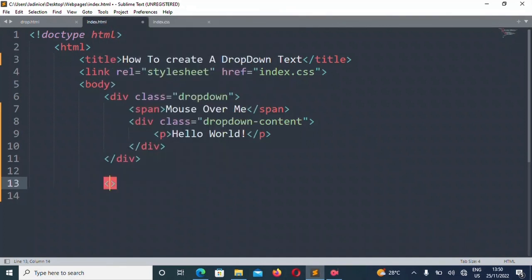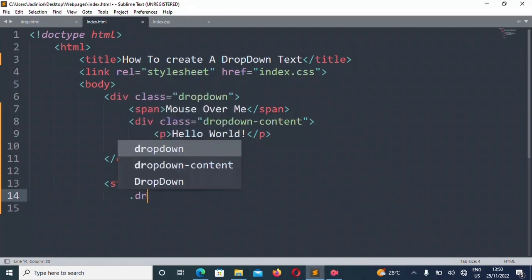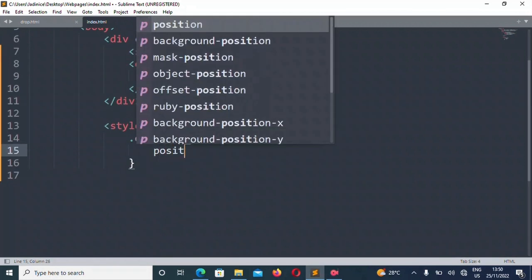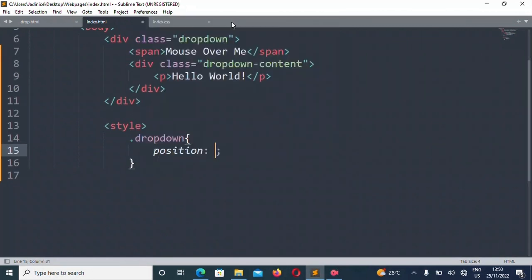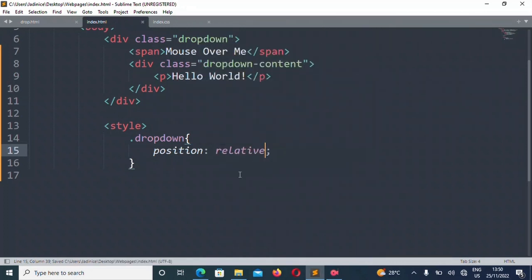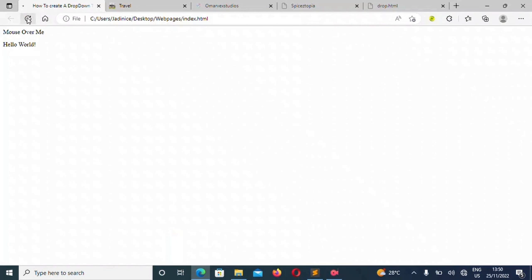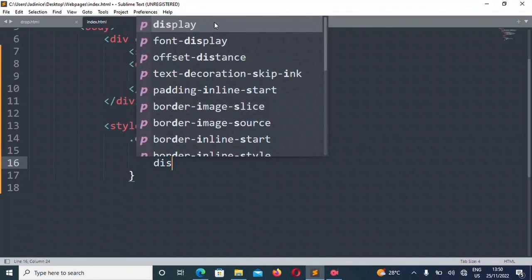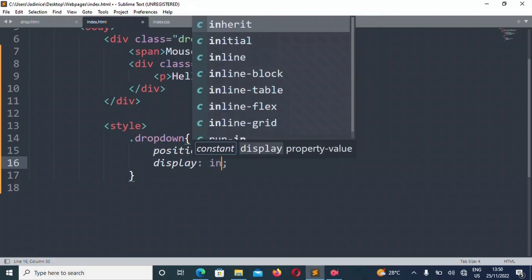And then the style will be dropping down. We save and then refresh. Now it's relative, and then the display inline block.